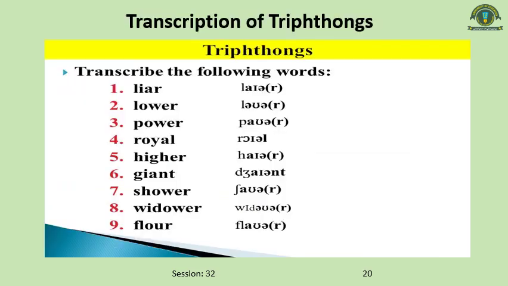Now this is how you can do practice at home. When you are free, you can have this kind of practice. Transcribe the following words. There are 9 words you can see on the left side, general English words, and on the right side a transcription is there. It is done for you, right? But I want you to do this kind of exercise. And you can WhatsApp me. That's very important to understand that you have to WhatsApp me this exercise.